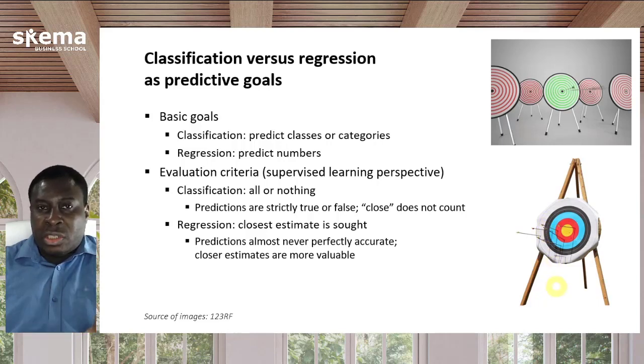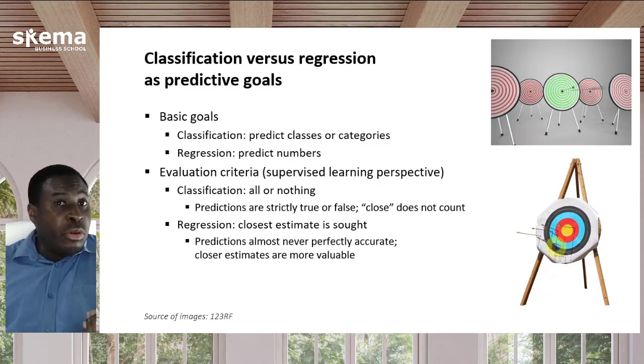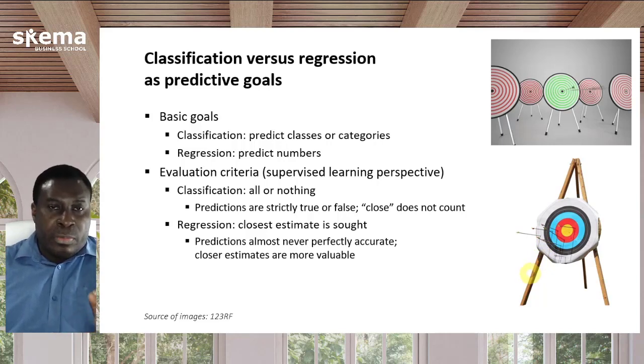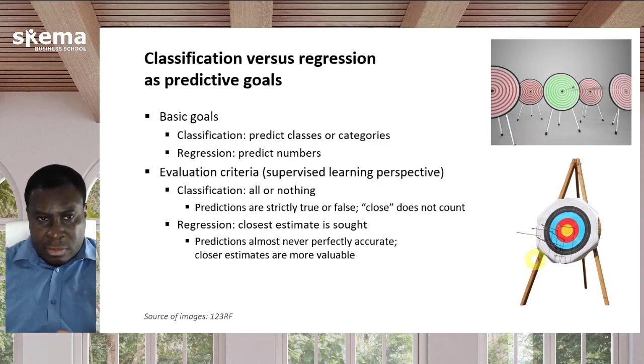And in fact, in regression, it's very, very rare to get an exact perfect estimate of the correct value, such as in this illustration, none of the arrows actually hit the yellow spot, but a few did hit red, and some were even closer to the center than others, and those are more valuable. Here, you get more points the closer you are, and that's what regression is like. You know that you're probably not going to predict the exact number, but the closer you are, the more valuable, the more appreciated that prediction is. So that's a clearer distinction between classification and regression, especially from the perspective of their evaluation.